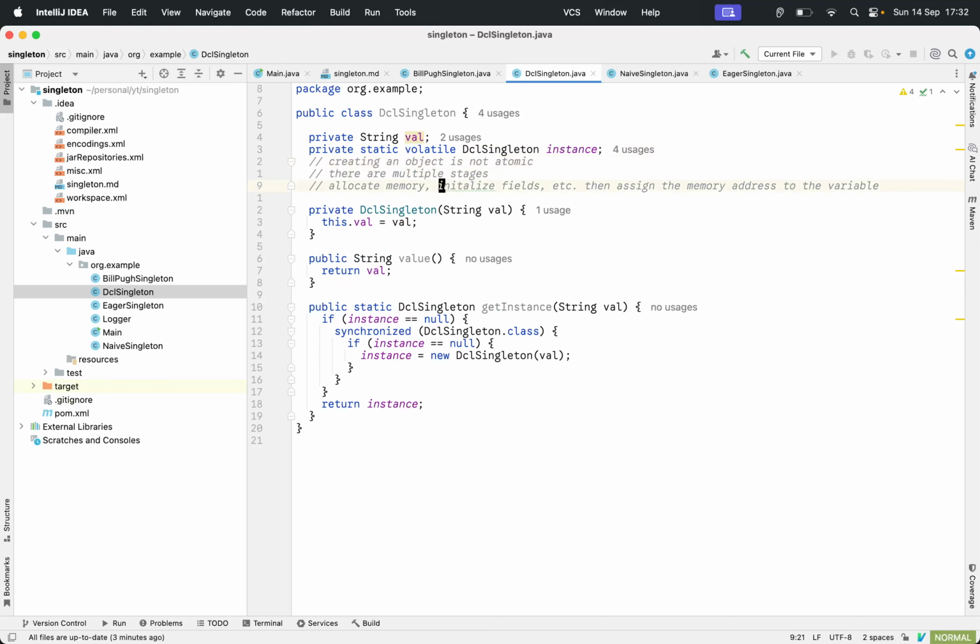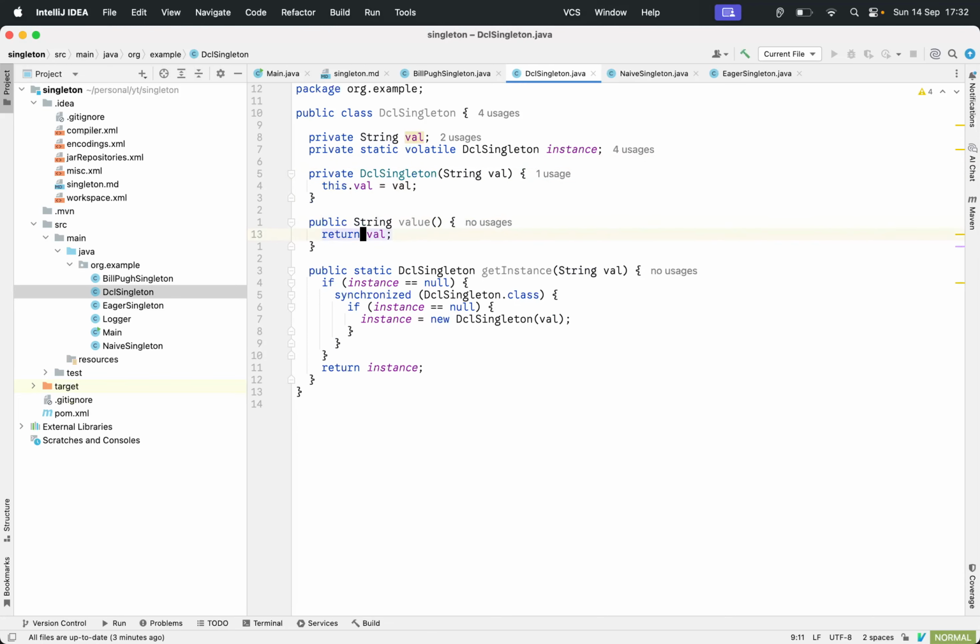So, allocate memory, and right after allocating memory, the object value will be null. That means this will be returned. Without volatile, the rest of the steps don't happen and it will only return a partially initialized object, introducing subtle memory bugs. We will go into that deeply much later.